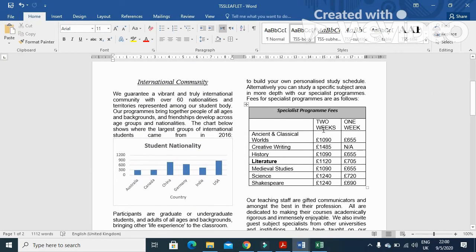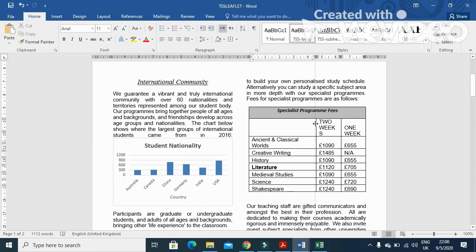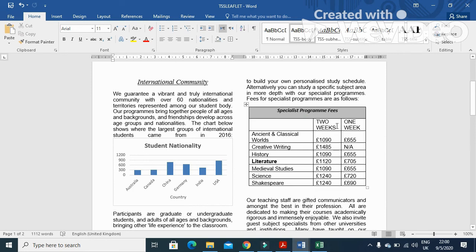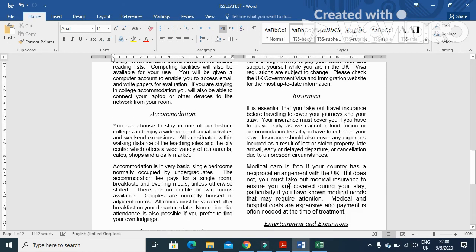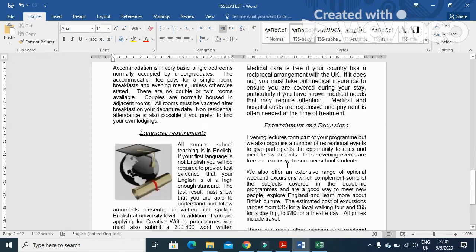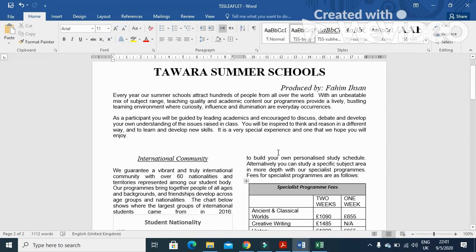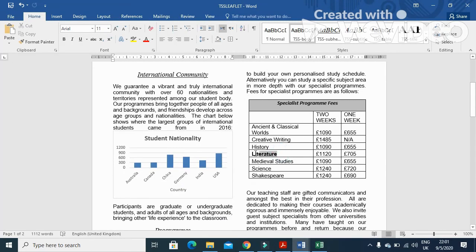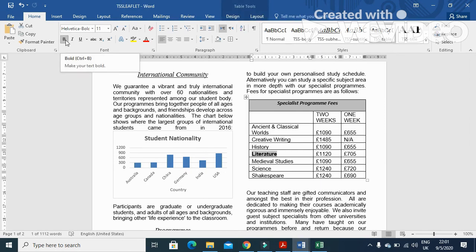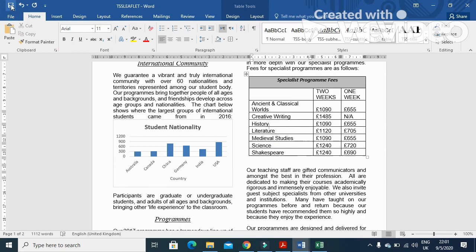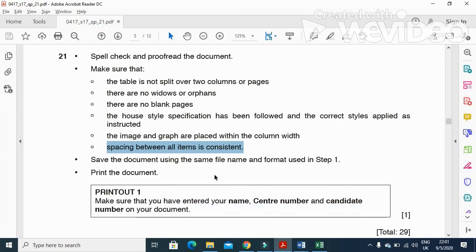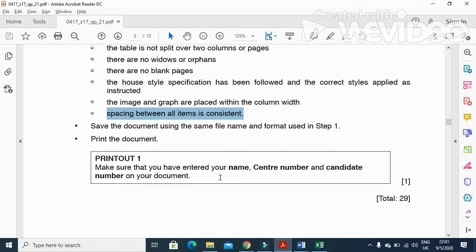So if you just check here, almost everything is done, accurately arranged. Yeah, so that's all, we are done with it. Yes, this one is not bold. Yeah, normal. Just click on save, and you need to print this document, and that's all from the document part